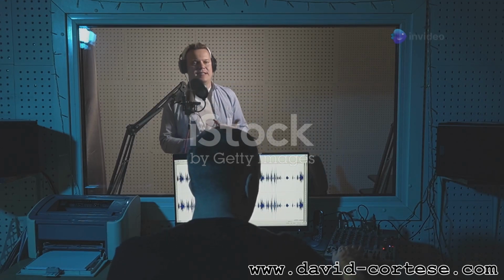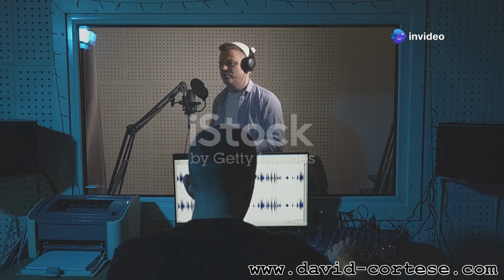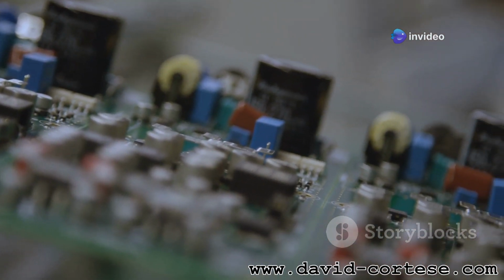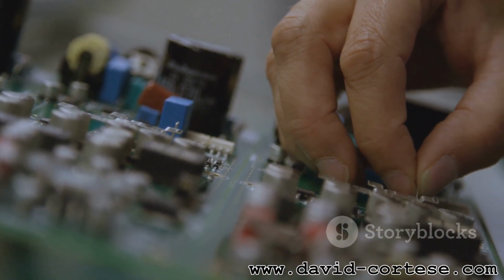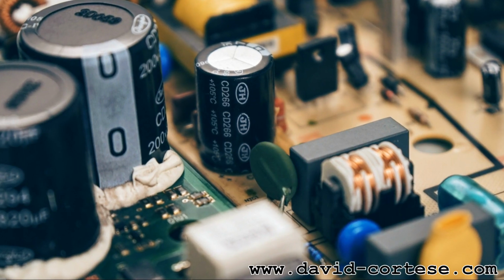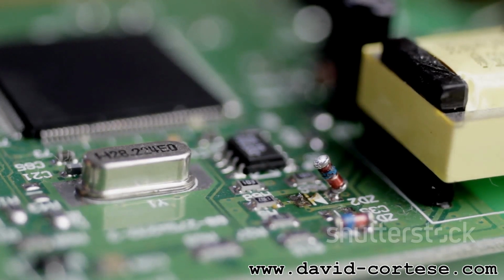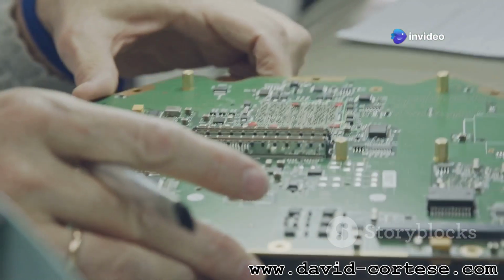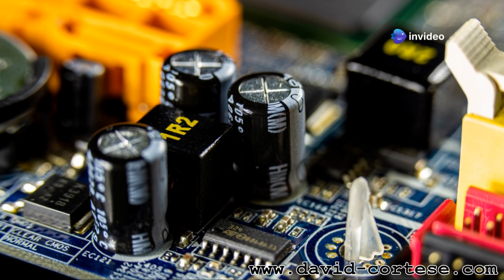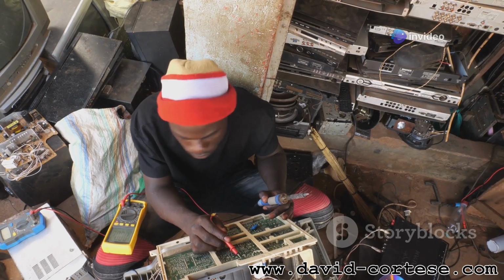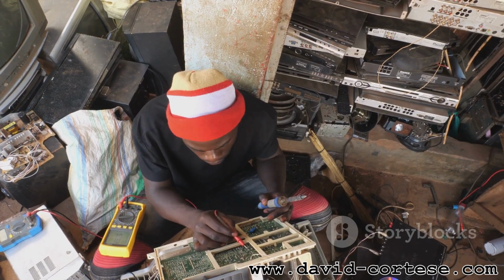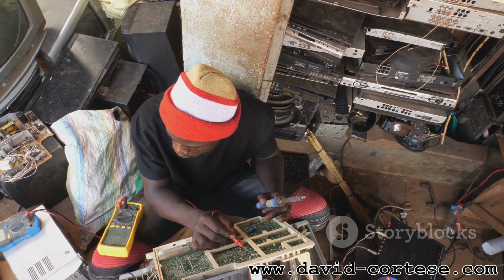Section 9. Conclusion. Wrapping it up. Today we've journeyed into the fascinating world of electronics and explored the fundamental building blocks, resistors, inductors, and capacitors. We've learned that resistors control current flow, inductors store energy in magnetic fields, and capacitors store electrical charge. These seemingly simple components, working individually or in concert as RLC circuits, form the backbone of countless electronic devices we